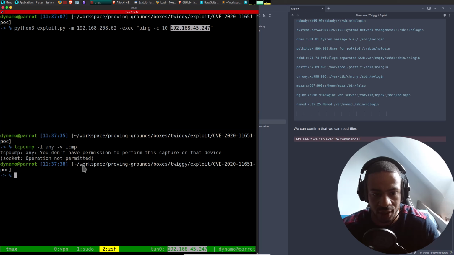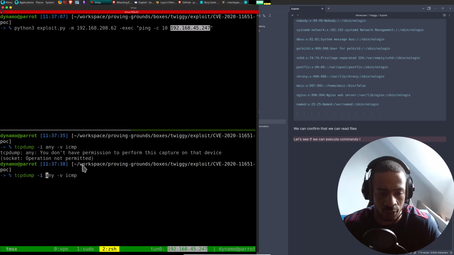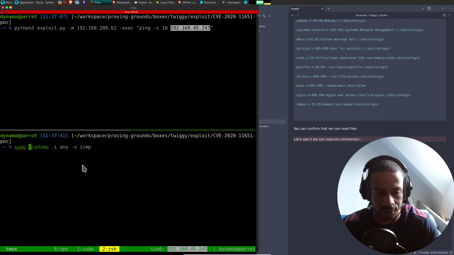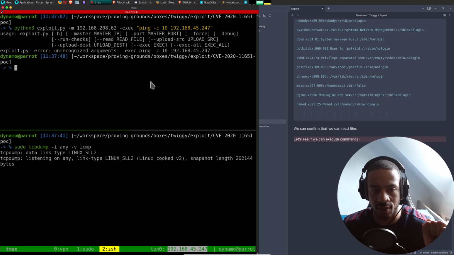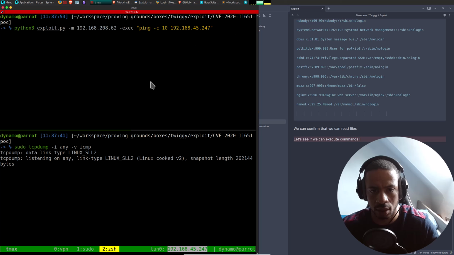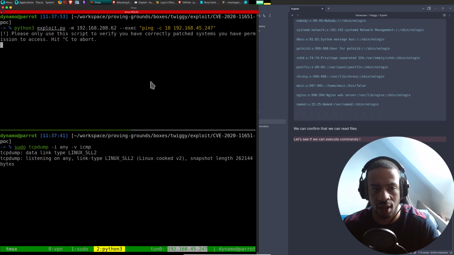Okay, so we're going to listen. Oh, using sudo, of course. And if this works, and if we can execute commands, then we should get some sort of packets. Oh, exec needs 2 dashes, like this.